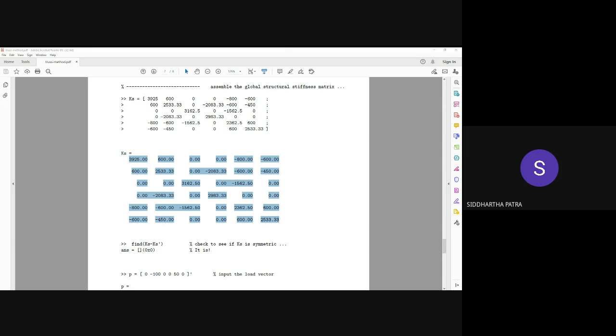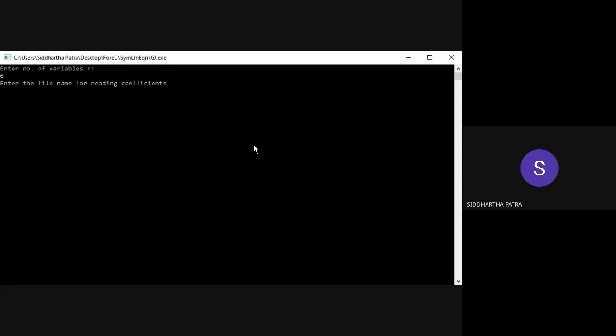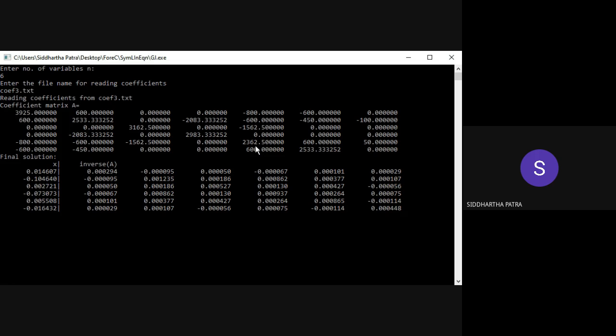I'll show you that even that one you can solve. So here let's say I would take 6 equations, and the file in which I have stored it is coef3.txt. It is showing that 6 variable coefficient matrix, and on the right it is showing those force vectors. Apparently only at 2 locations forces were applied, so that's why you see that minus 100 Newton and 50 Newton forces right there. And on the left you see the deflection values calculated at different nodes,